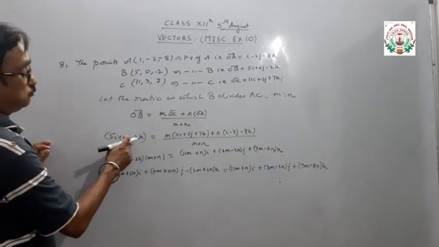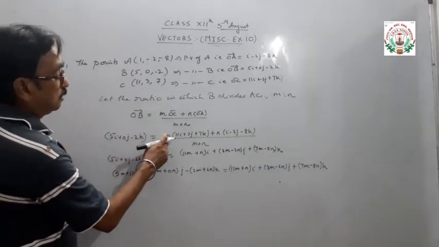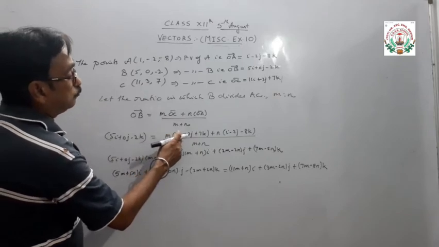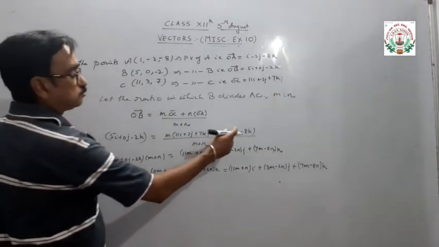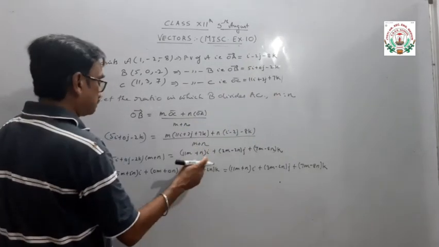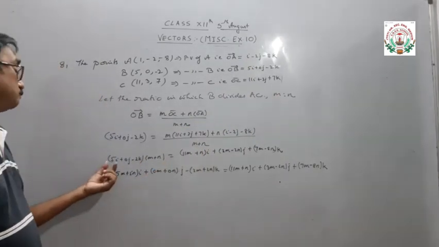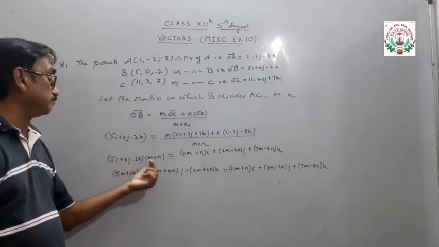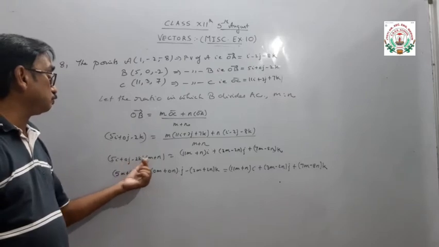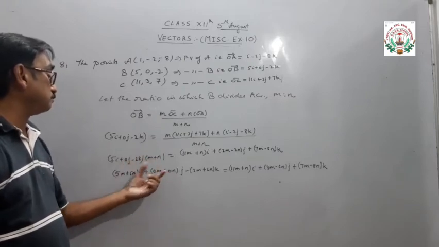वेक्टर 5i + 0j − 2k, then M into OA. OC vector is 11i + 3j + 7k, L into (i − 2j − 8k) upon M plus N cross multiply. Now here we are taking i common, so 5M plus 5N, j common, 0 into M plus 0 into N